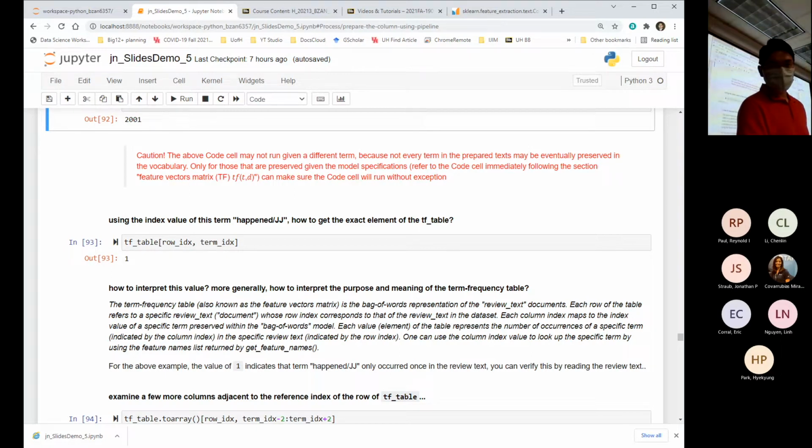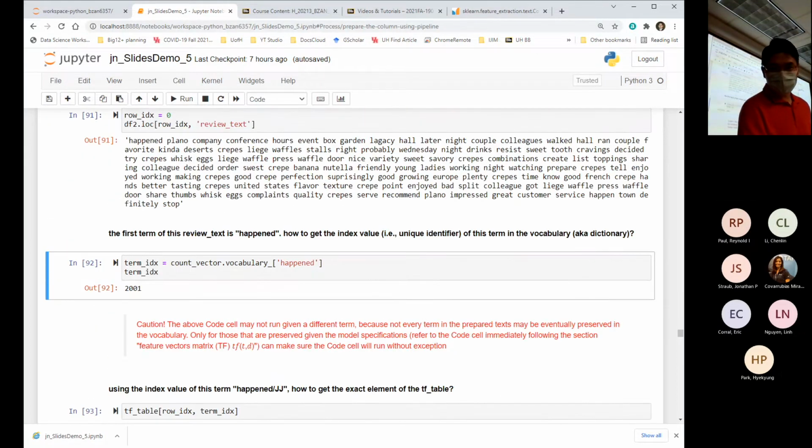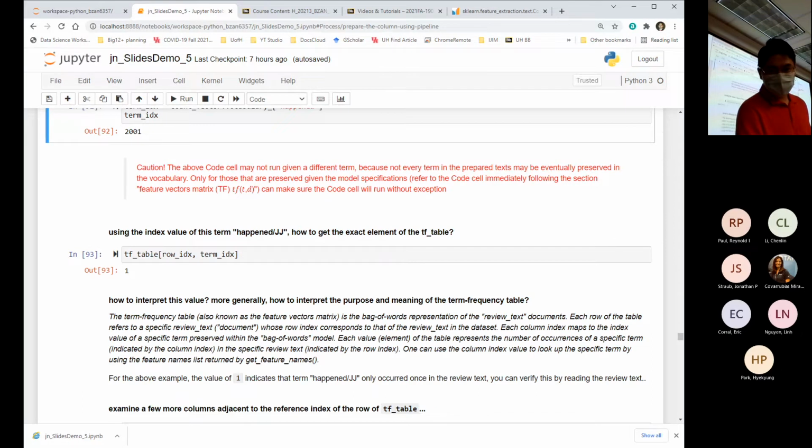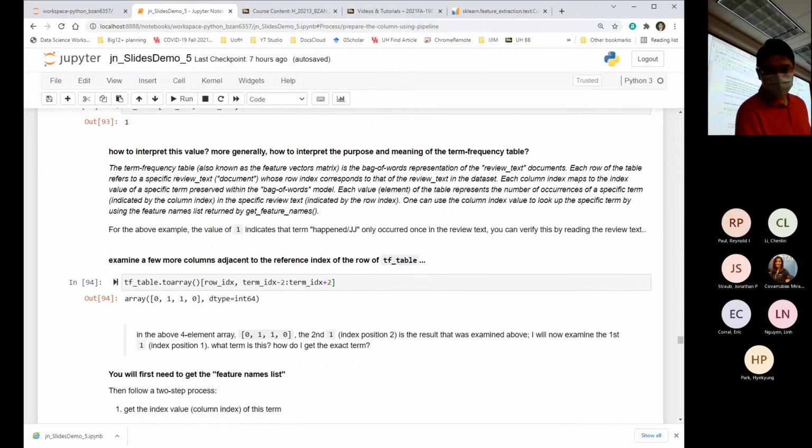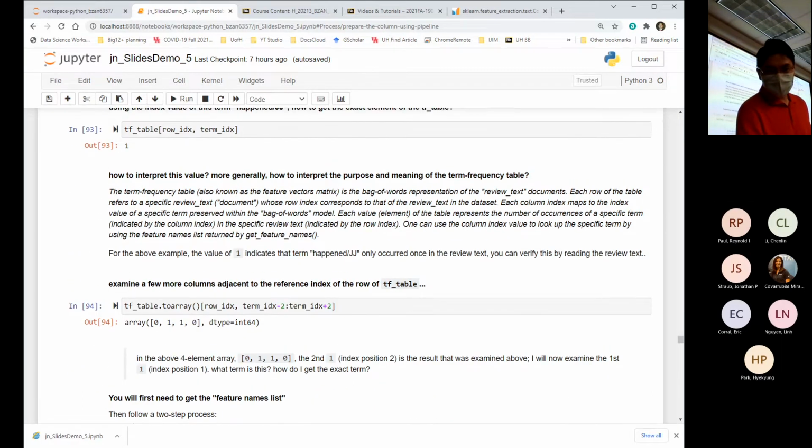Think about what this table is about. Term frequency. So what does one mean? It is one time it has appeared. One time, only one time. If happened appeared twice in this entire review, it would have been 2. So that's term frequency, right? And a little bit further,